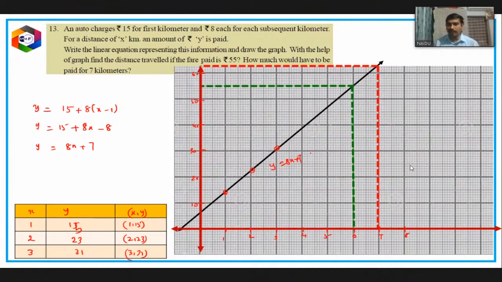So here, if you can observe, I have already taken. So the first one is, what would be the question? How much would have to be paid for 7 kilometers? So suppose first 55 rupees paid, so totally 55, this is 55. Then how many kilometers did he travel? So if it is 55, where it is intersecting at 6, that means he traveled the journey totally 6